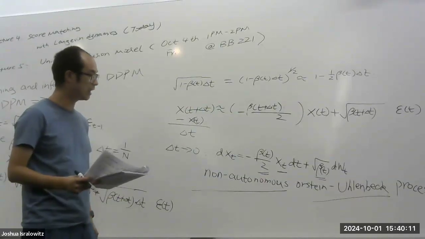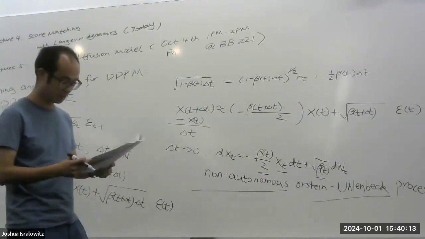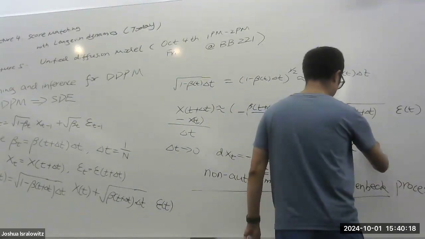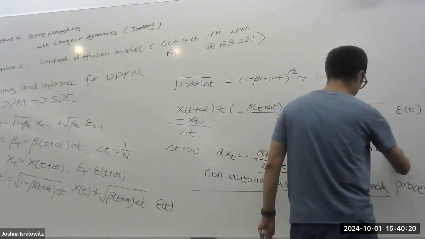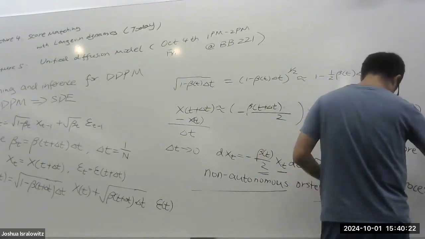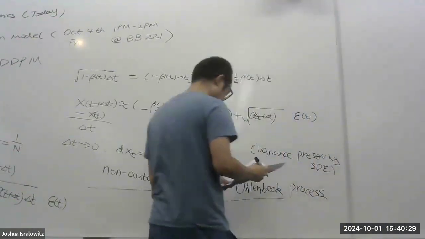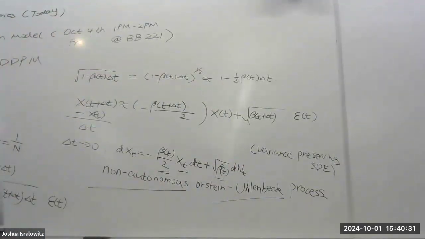But in generative AI, there's a name: covariance preserving SDE. So why is this called covariance preserving SDE? You will see that later on. But